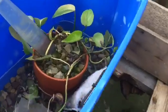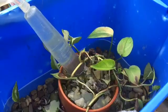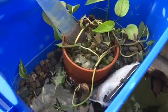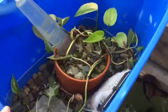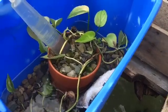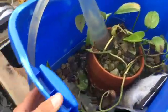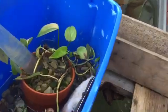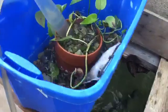And then over here you can see this thing's not exactly pretty, but I think it's functional. I added some more pothos, and I'm hoping that it is going to survive. And I redid in here, I put a bunch of these things, and then I put rocks on top, and as you can see, it's kind of filled up with crap or whatever at this point, because the water's actually staying in here. But it shouldn't be a problem, and if it gets too high, then it'll just fall out here. So I'm not going to worry about it at all. And I'm not worried about these wooden things not being able to hold it either, because they're pretty well built,